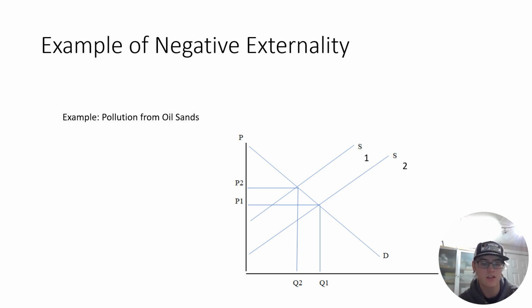The supply curve S is the normal market supply curve, which produces a production level of Q1 and the price level of P1, as shown on S1 here for supply 1. However, pollution from oil sands generates external cost to society equal to the vertical distance between the two supply curves, and the supply curve from the perspective of the society is now supply curve 2, as shown here on the graph. The society deserves a production level of Q2 and a price level of P2